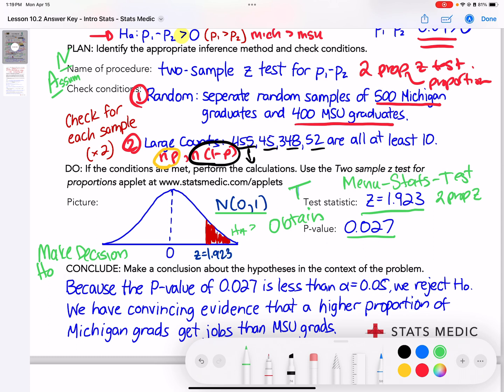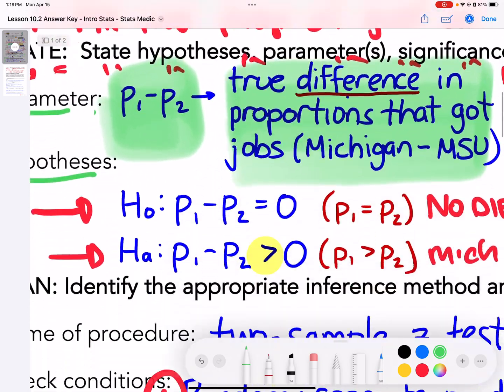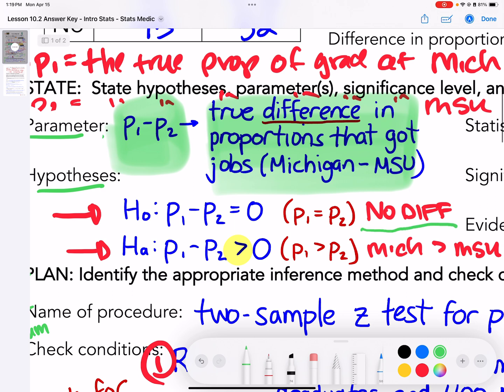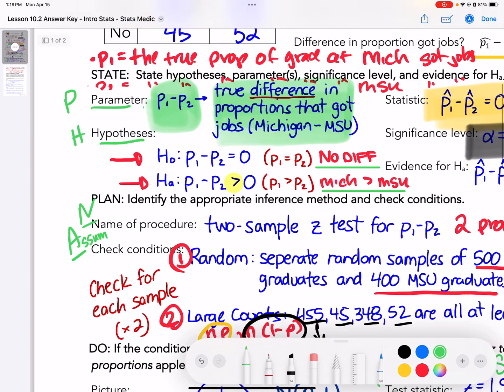It's greater than this area. So I'm making a decision for my HO. Remember, my p-value is less than 0.05, and so P is low. We're going to reject the HO. And then we're going to make a conclusion, and we're going to state our conclusion for HA. That's what the S is, state conclusion. You only can go with HO or HA. So if I reject HO, because P is low, I'm going to go with HA. HO said that there is no difference in the job market, but we rejected and said, yes, there is a difference. In fact, Michigan graduates get jobs at a higher rate than Michigan State. Okay, so